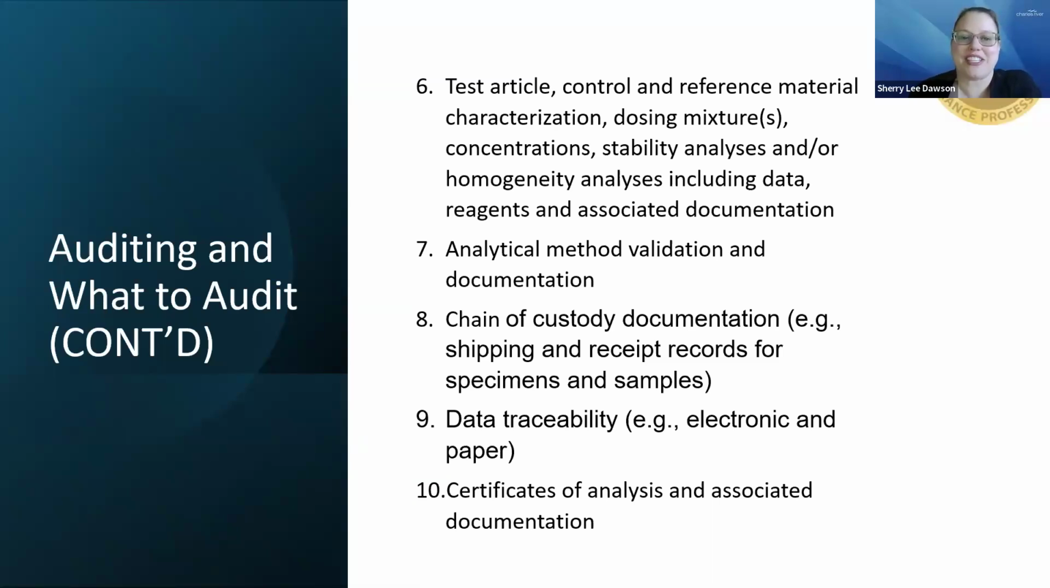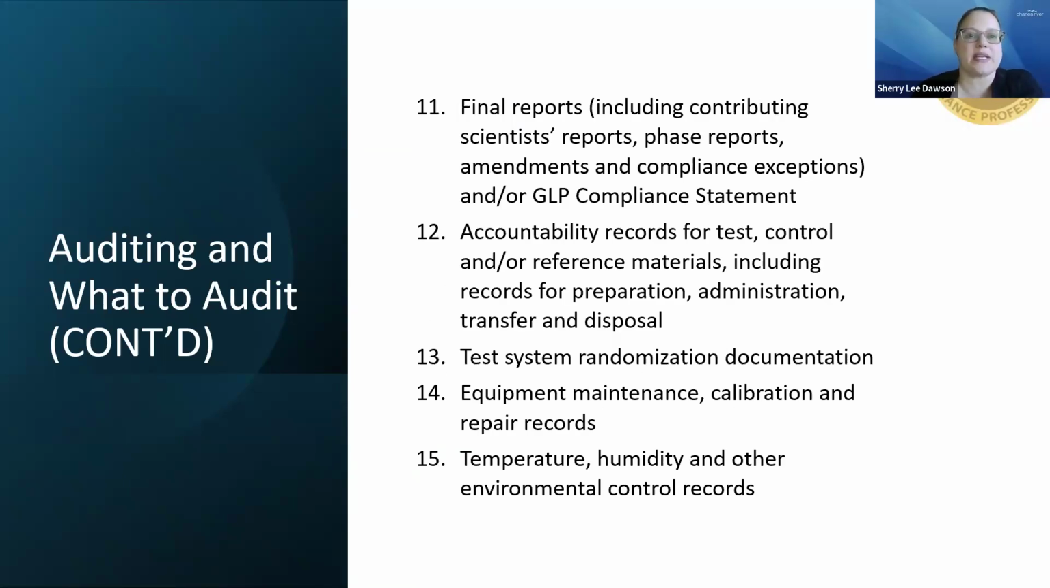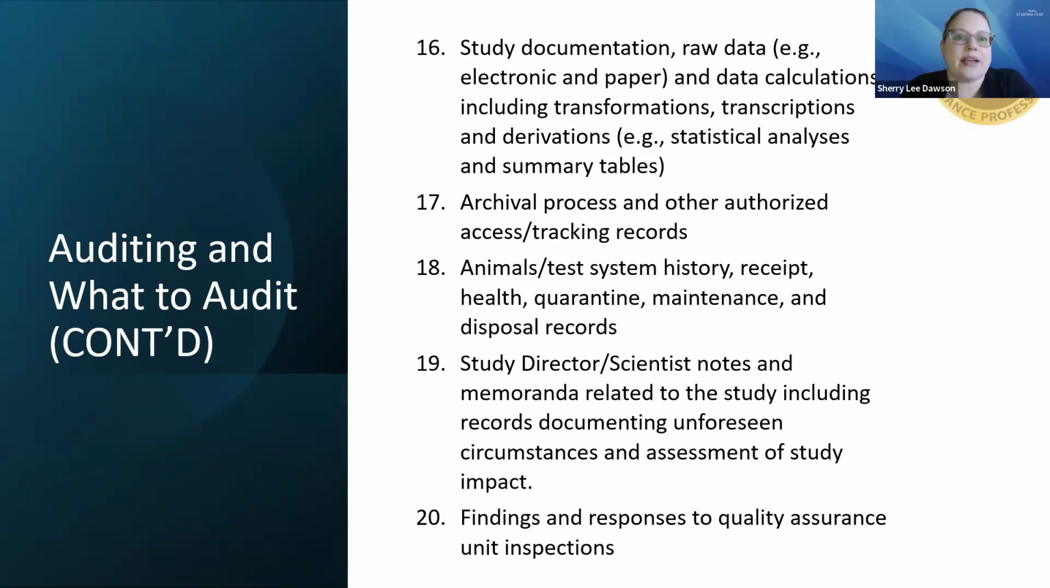As you can see, there's lots of documentation: shipping and receipt records for specimens and samples, data traceability, electronic and paper, certificates of analysis and associated documentation, final reports, including contributing scientist reports, phase reports, amendments and compliance exceptions, and or GLP compliance statement, accountability records for test, control, and or reference material, including records for preparation, administration, transfer, and disposal, test system randomization documentation, equipment maintenance, calibration, and repair records, temperature, humidity, and other environmental control records, study documentation, raw data, for example electronic and paper, and data calculations, including transformations, transcriptions, and derivations, for example statistical analyses and summary tables,